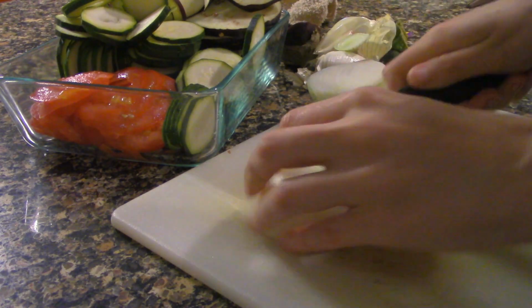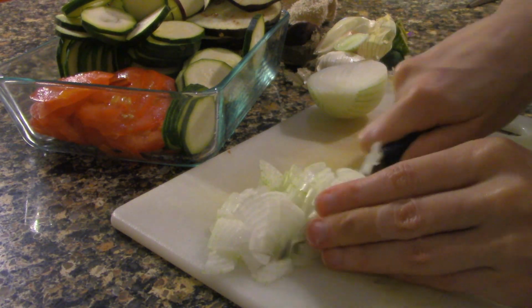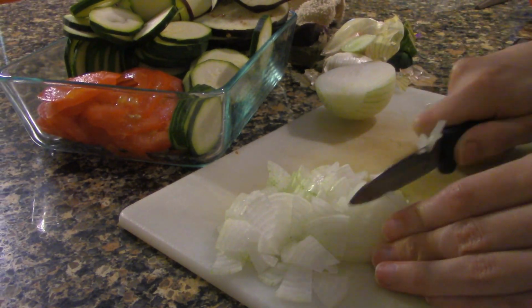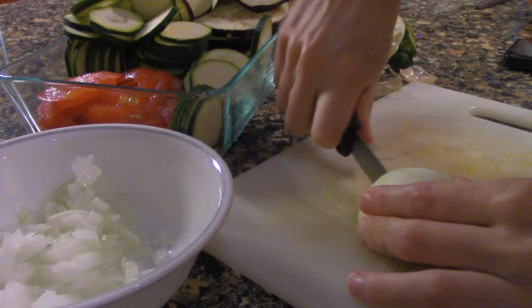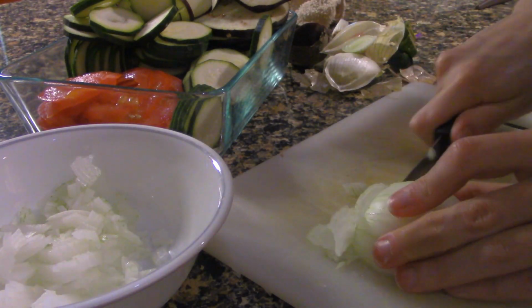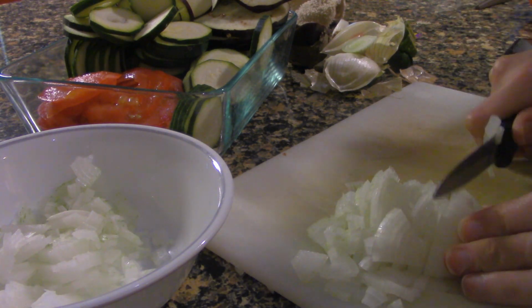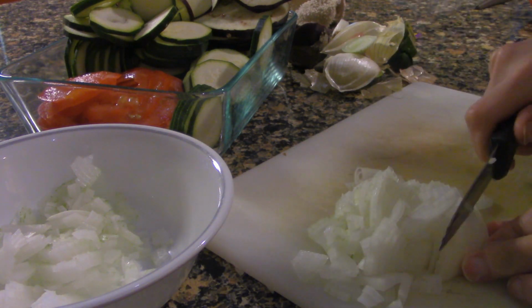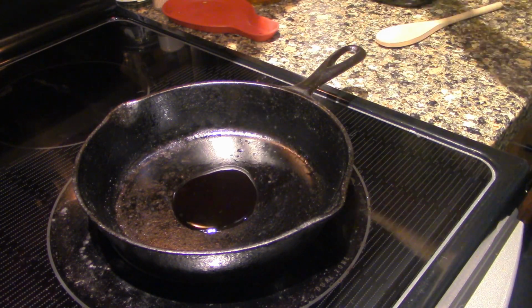Now look at this little baby onion. It's smaller than my hand. We are going to chop up this entire little baby onion, maybe about the size of half of a large onion. I'm just going to do a radial cut on the onion, so each slice is about 1 centimeter long, and slice it real thin. So my little baby onion's got little baby slices. It's so cute. And once my little baby onion is all sliced up, we're putting oil in my little baby